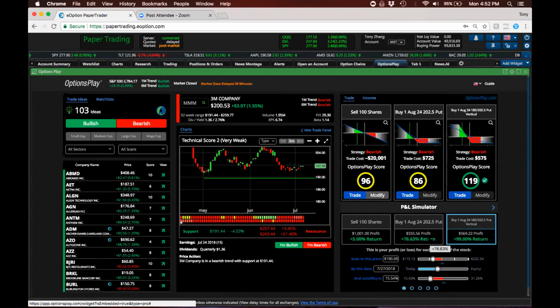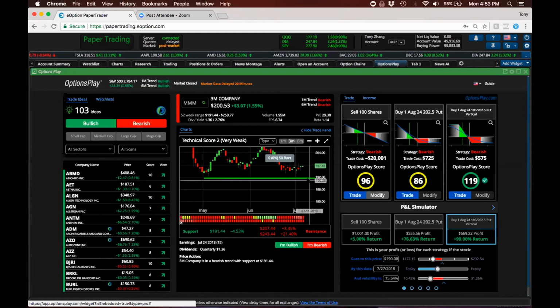If I bought this put, I'd make a 76% return. That looks pretty attractive. And that's just going back to the price that it was trading a week ago. I don't even necessarily think it needs earnings for that stock to move $7 lower. That can happen in a week just naturally. But if I bought this put vertical here, I make a 99% return. So significantly higher return by buying this put spread versus these two while limiting my risk. So when I buy this put, my losses can be as high as $725. When I buy this put vertical, I'm only limited to $575. So almost a 20% reduction in risk by trading this put spread.